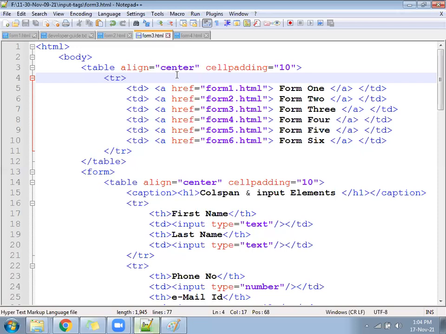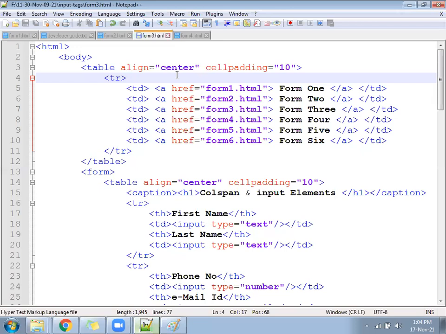Then we can read more. Now go to the code.